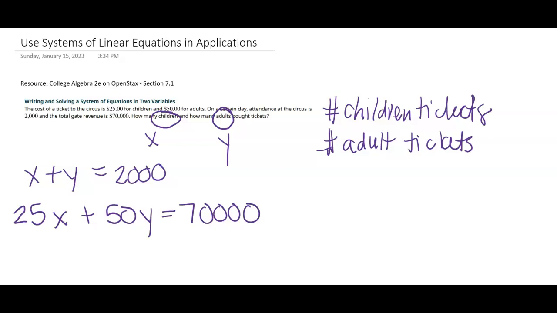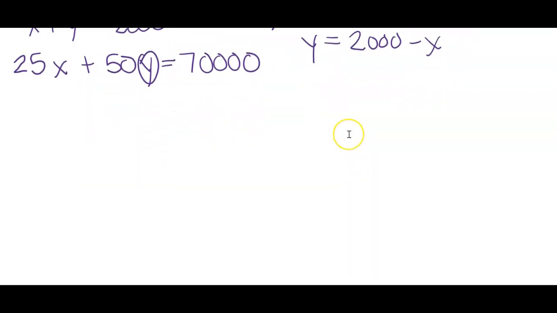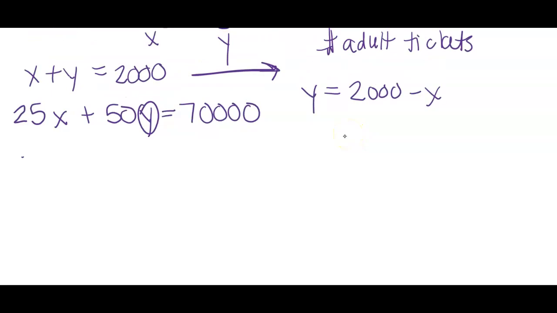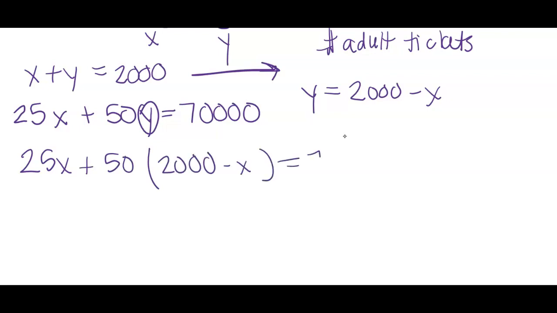All right, I'm going to choose to use the addition method here. Actually, no, I'm going to do substitution. So I'm going to subtract X, and then substitute that in here for Y. So 25X plus 50 times Y, substituting that in,